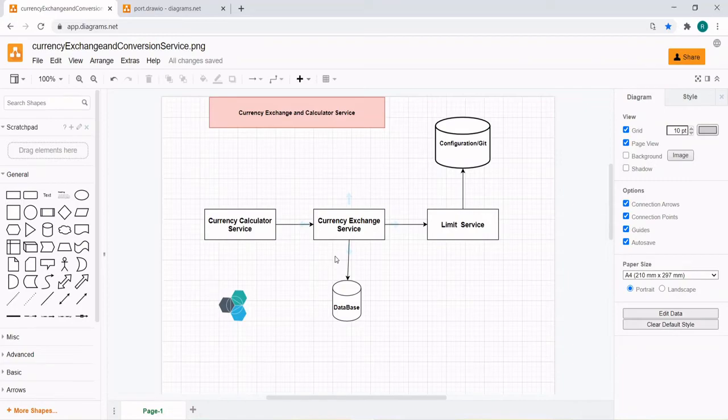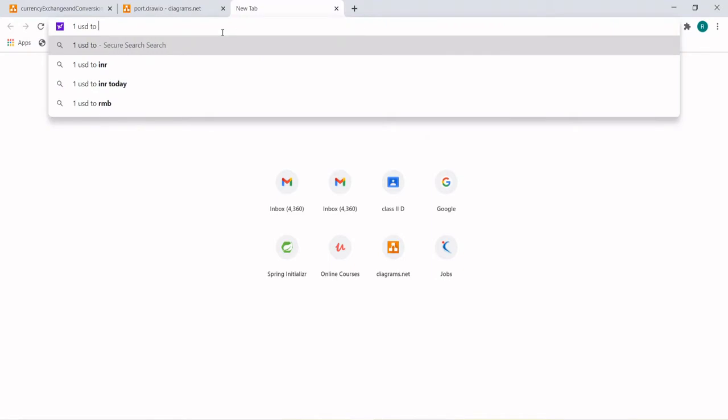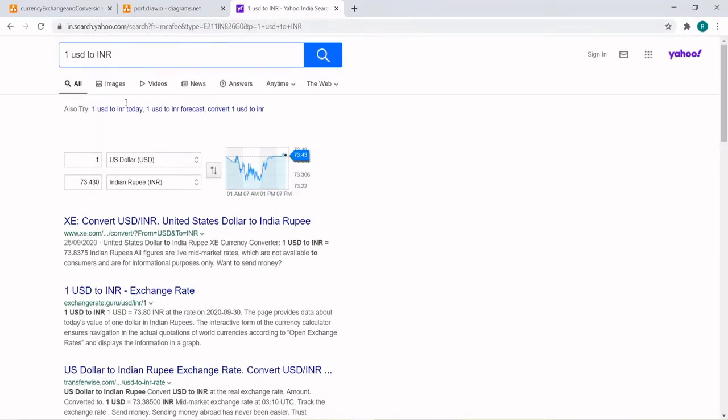If you check 1 USD to INR, you see 1 USD equals 73.430 INR. So suppose you have $10 and want to convert to Indian rupees, first you need to know the value of $1 in Indian rupees. Let's say it is 73. So you have $10, and 10 multiplied by 73 comes to 730.